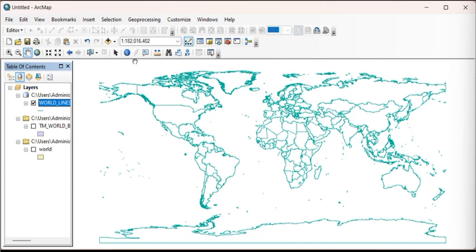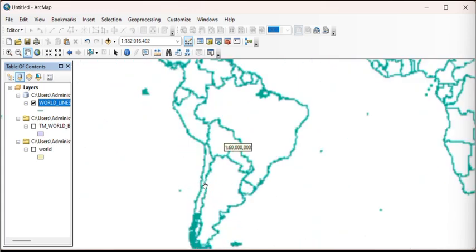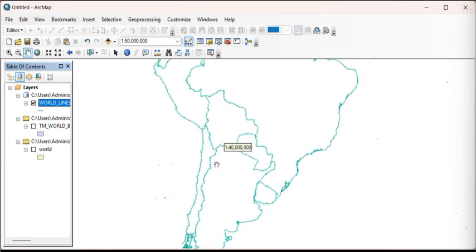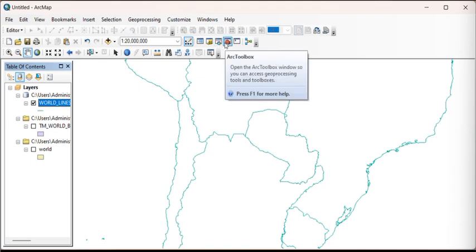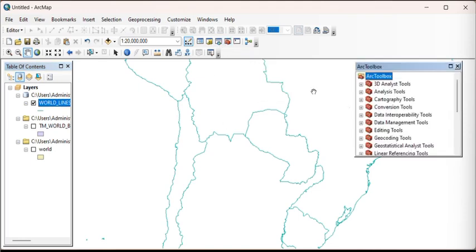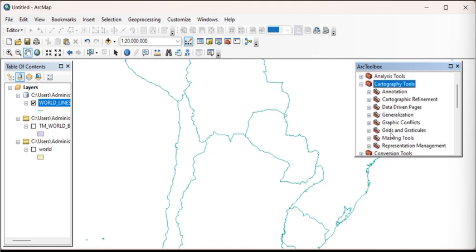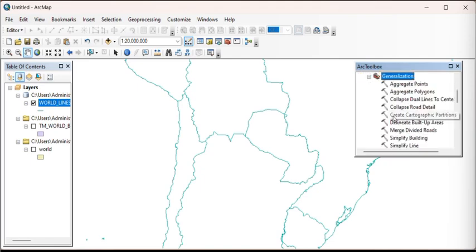So the point remove algorithm, some coordinates will be removed, for example from these world lines shapefile. So we are going to click on Arc toolbox, then go to cartography tool, then generalization by double clicking,